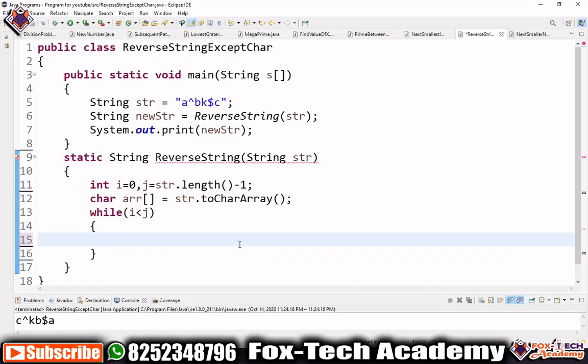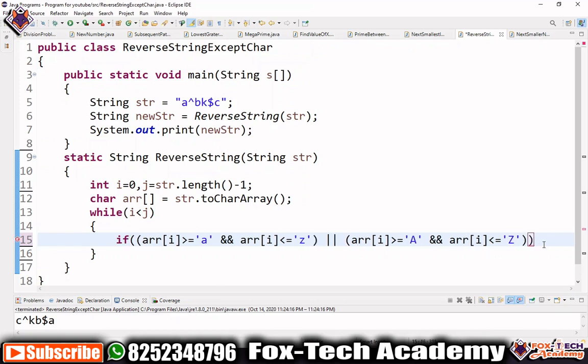So let's first check: if our array of i is greater than or equal to small a, and our array of i is less than or equal to small z, and we have to use the same with capital letters, so we will use or, and our character will be capital in this scenario.